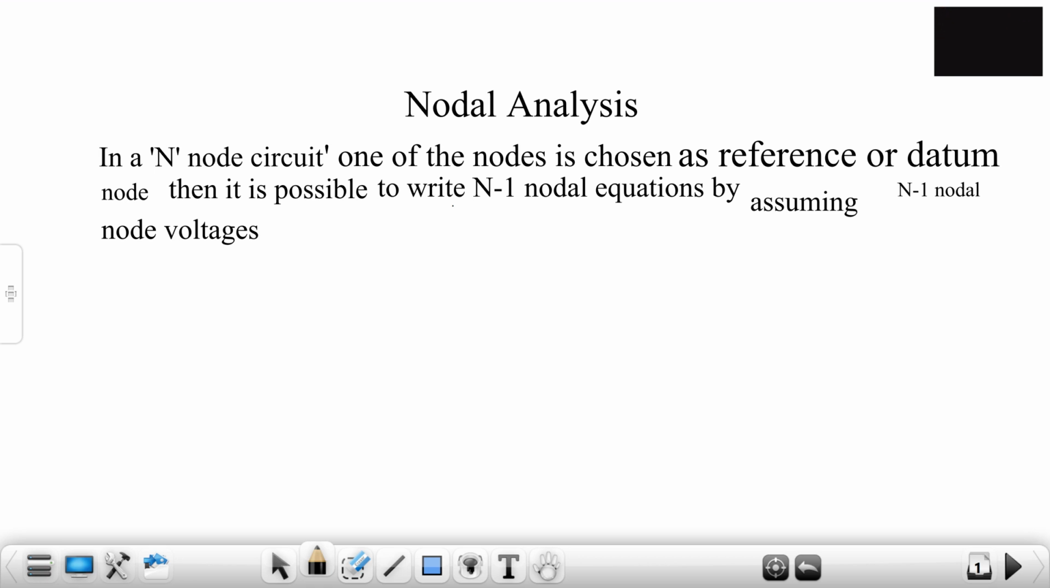Now when we say nodal analysis, in an n node circuit, one of the nodes is chosen as reference or a datum node, then it is possible to write n-1 nodal equations by assuming n-1 node voltages. So in other words, if there is an n node circuit, we will get n-1 nodal voltages and n-1 nodal equations. Now when we are talking about node voltage